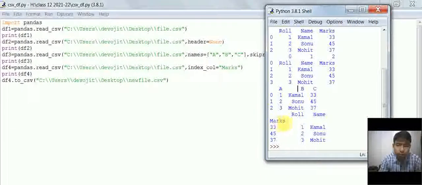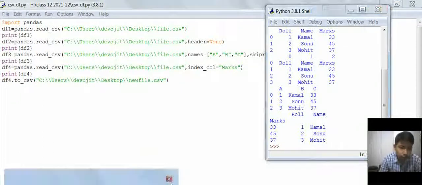Here, as you can see, the marks column, that is the C column, has been used as the index values. Then at last I am exporting this data frame, df4, to a CSV file with the name newfile.csv.